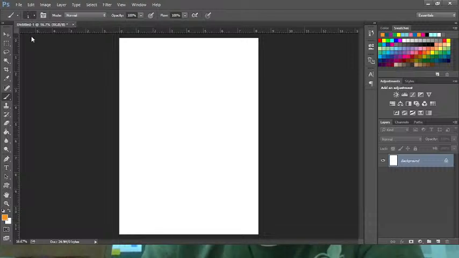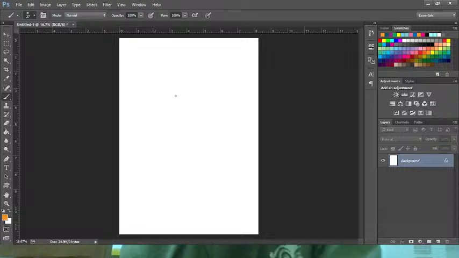Brush tool is very powerful. It can be used to create various effects you need. Now you see it is one. If you want to change the size of the brush, like I said, you can just click here and then increase the size of the brush. Or you can also decide to use the square bracket on the keyboard. There's a left and a right square bracket. So if I press the left square bracket,